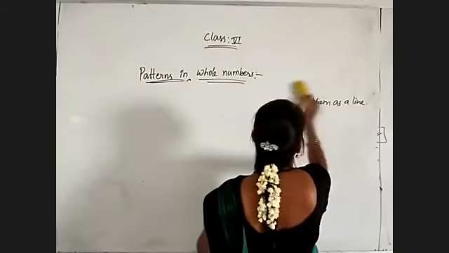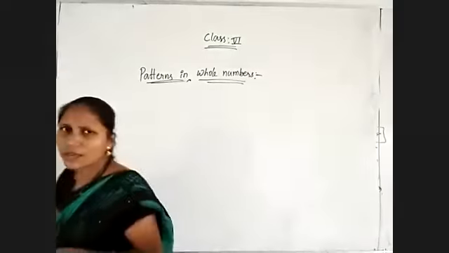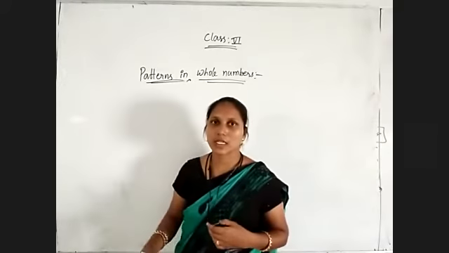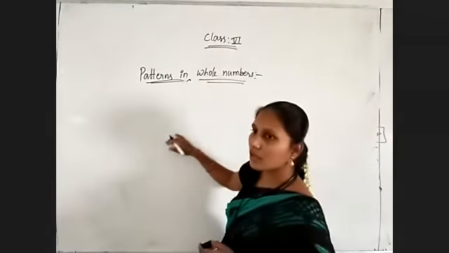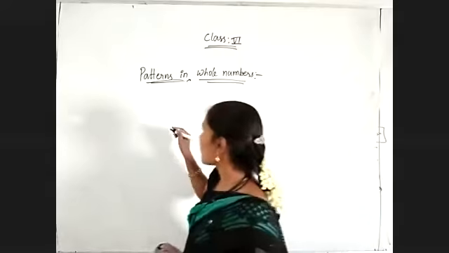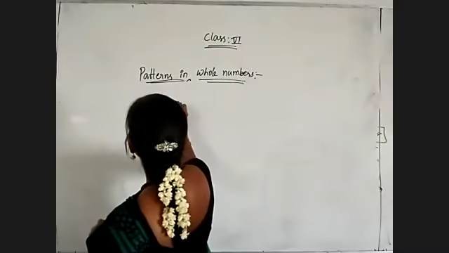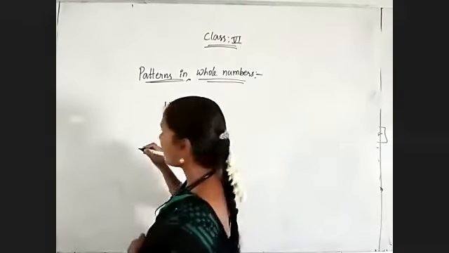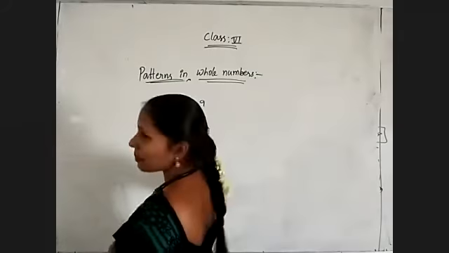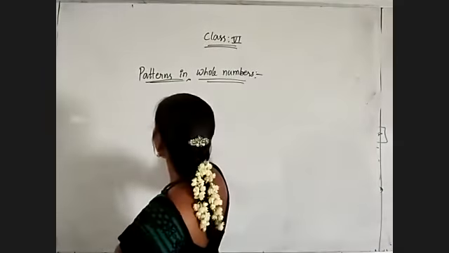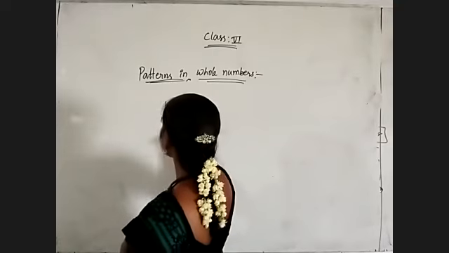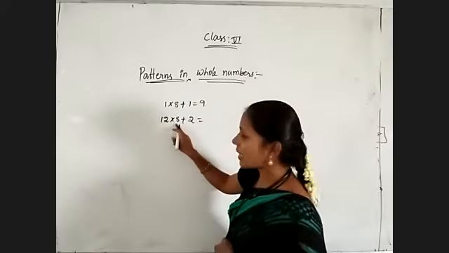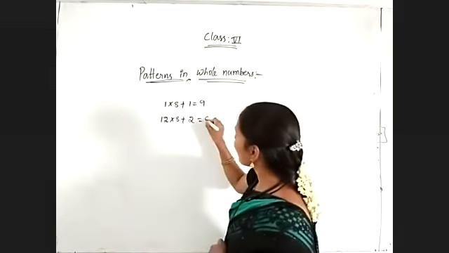After that, some of the patterns I have shown depend on the numbers. Without doing the actual calculations, we can know what we will get in the next steps. That will help us in writing a pattern. Suppose my first step is 1 into 8 plus 1 is equal to 9. The second step is 12 into 8 plus 2, because in the second step one more number is added, and the 8 I didn't change, plus 2. That will be equal to 98.